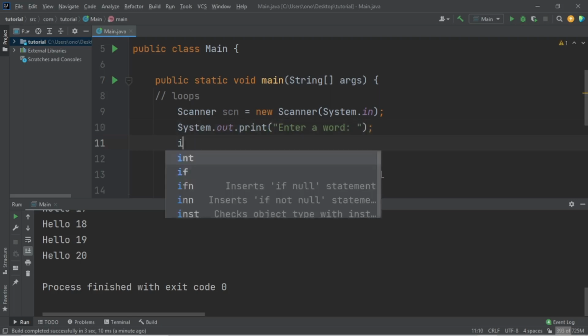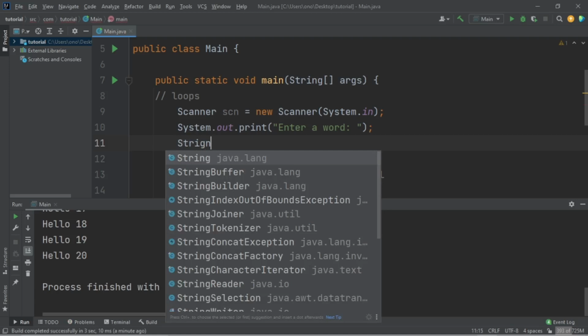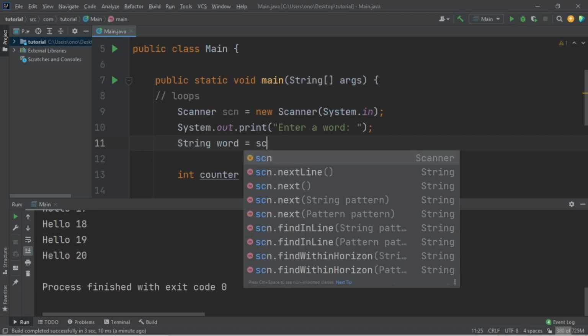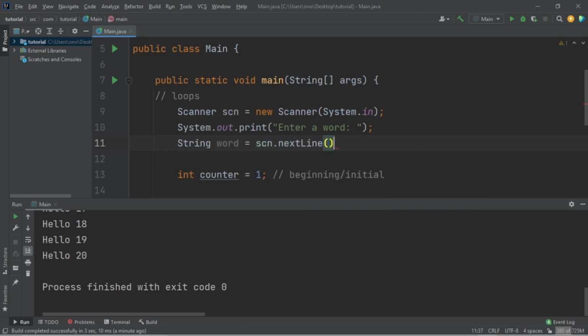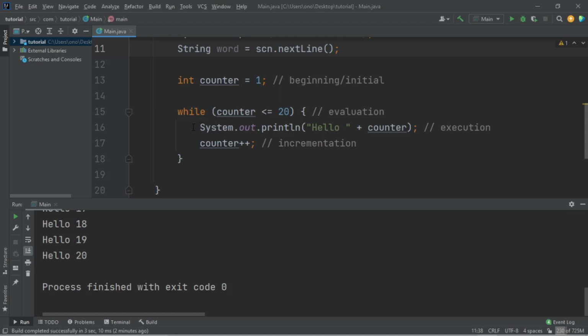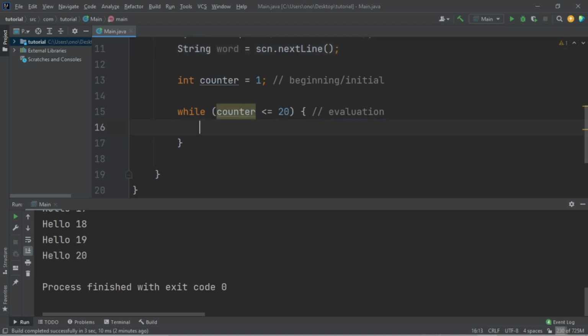And then down here, we're going to say int, sorry, not int, String word is equal to new. Oh, why am I saying new? Next line. Right? Now, this will ask the user to enter a word. And then what we want to do down here, I'm just going to remove all of these statements here. Instead of checking if counter is less than or equal to 20, what we want to do is check while word is